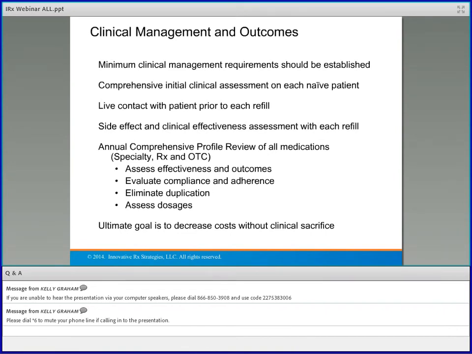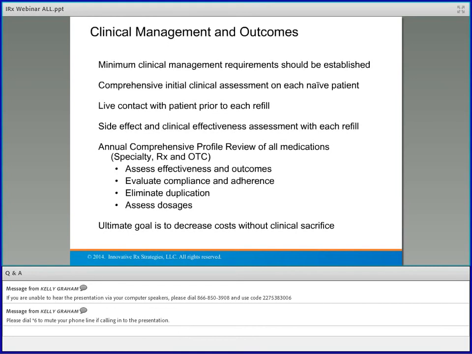Look at what kind of specialty drugs they're on, what kind of just standard prescription things they're on, are they on over-the-counter things, and so when you can do this annual comprehensive assessment of them to really assess the effectiveness and the outcome, are they accomplishing what they want to do? If they have multiple sclerosis, are they getting remission from that? Is the medication working? Are they being compliant with it? Are they taking it appropriately, and adhering to the medication, that there's no duplication, that they're not taking a couple of drugs to treat the same kind of thing? And so, you end up spending extra money just to handle that.